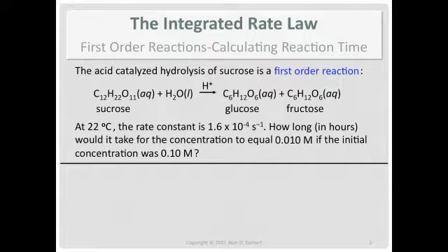This is a first order reaction. So this is a natural log relationship. And that's why you can't just use dimensional analysis to get this to work out, because it's got a natural log relationship in it. Okay, now when you're done, you are going to use dimensional analysis to make sure your units work. But this is not simply a conversion where you go from inches to centimeters. It's much more complicated than that.